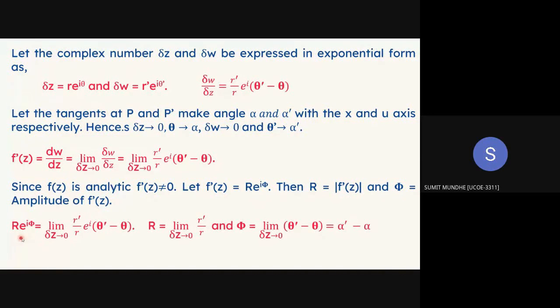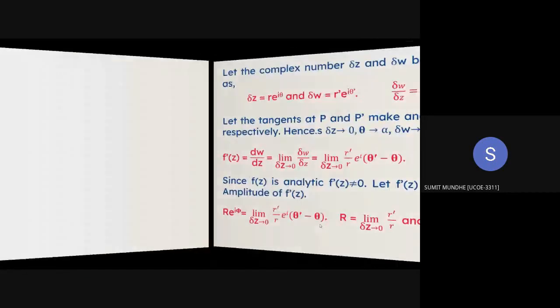R into e raised to i phi equals the limit as delta z tends to 0 of r dash upon r into e raised to i (theta dash minus theta). Then we get capital R equals the limit as delta z tends to 0 of r dash upon r, and phi equals the limit as delta z tends to 0 of (theta dash minus theta), which equals alpha dash minus alpha. Next,